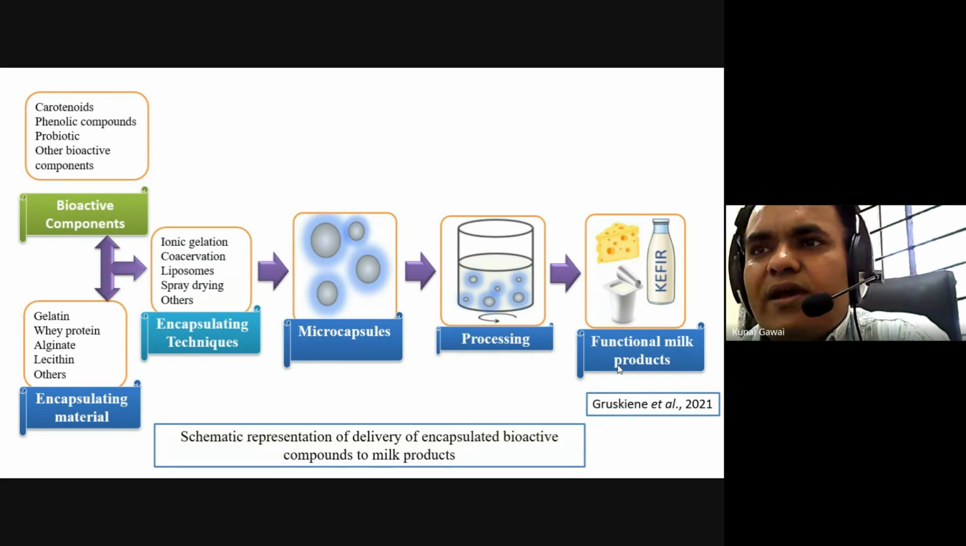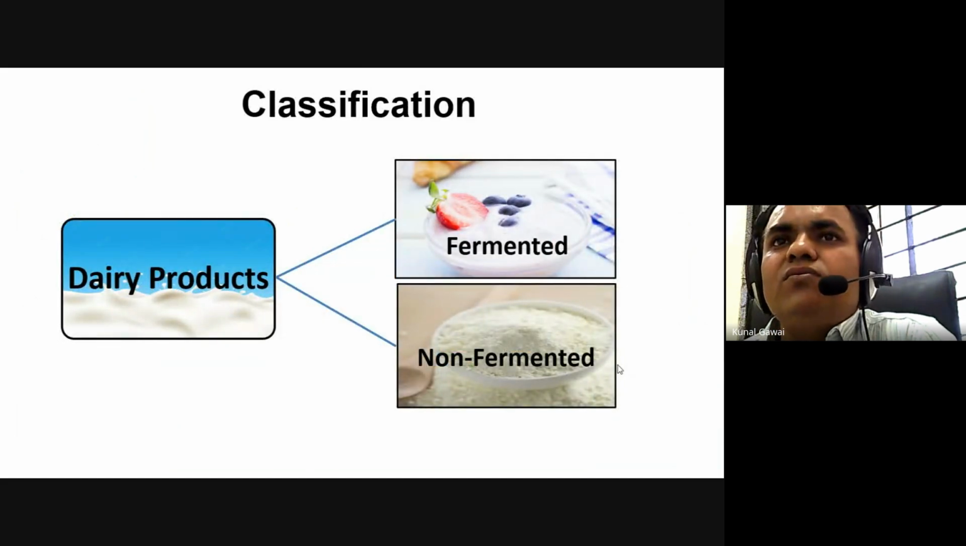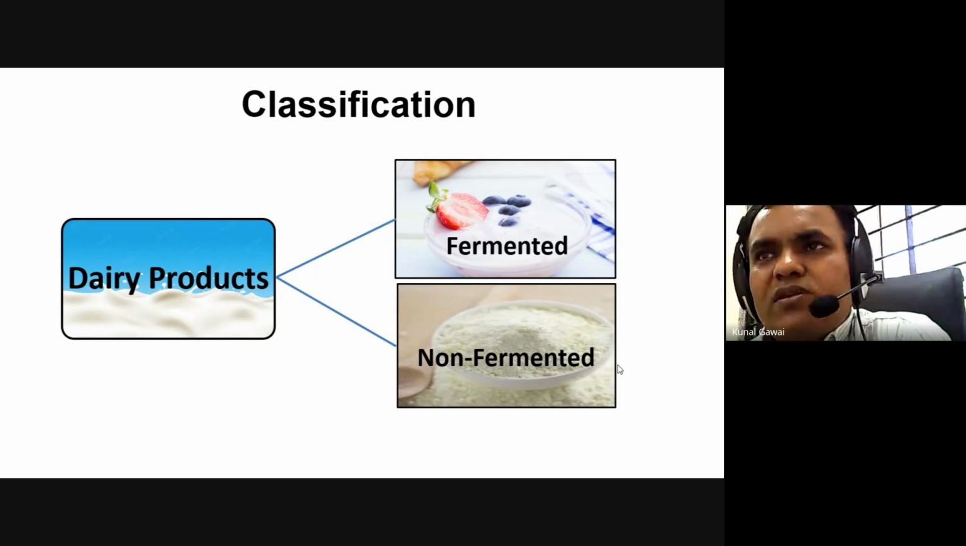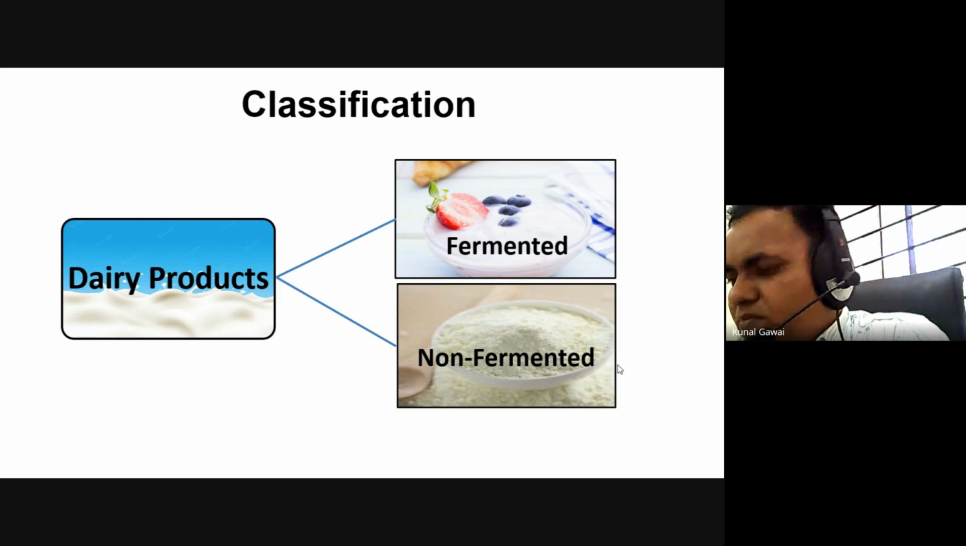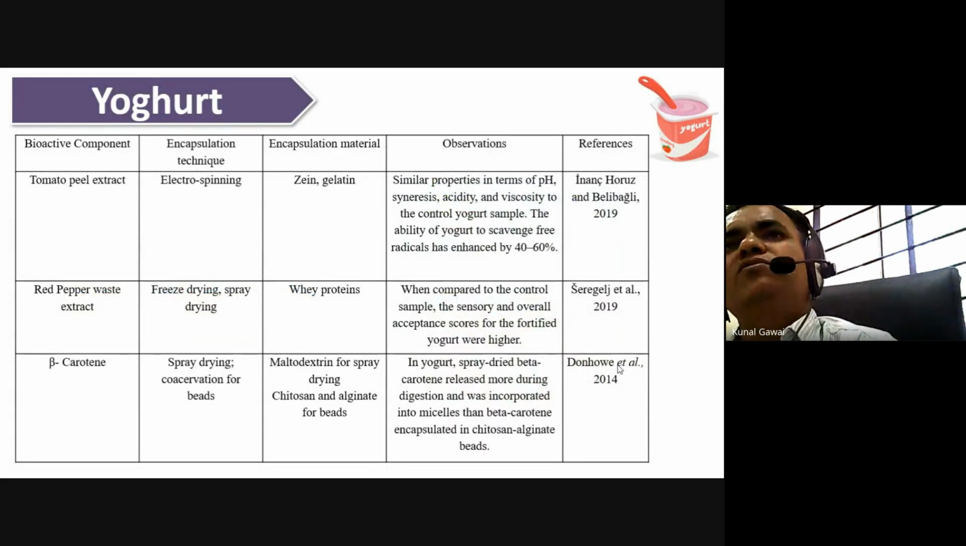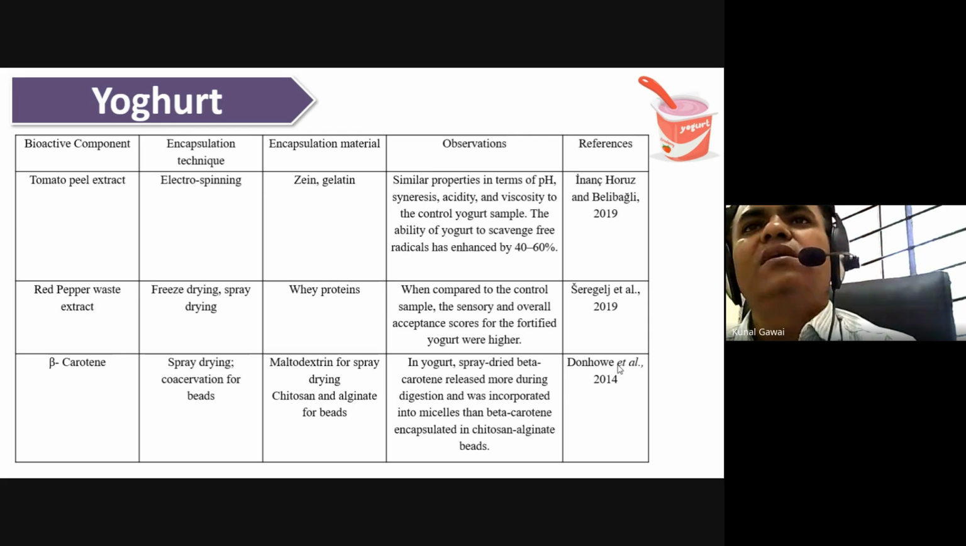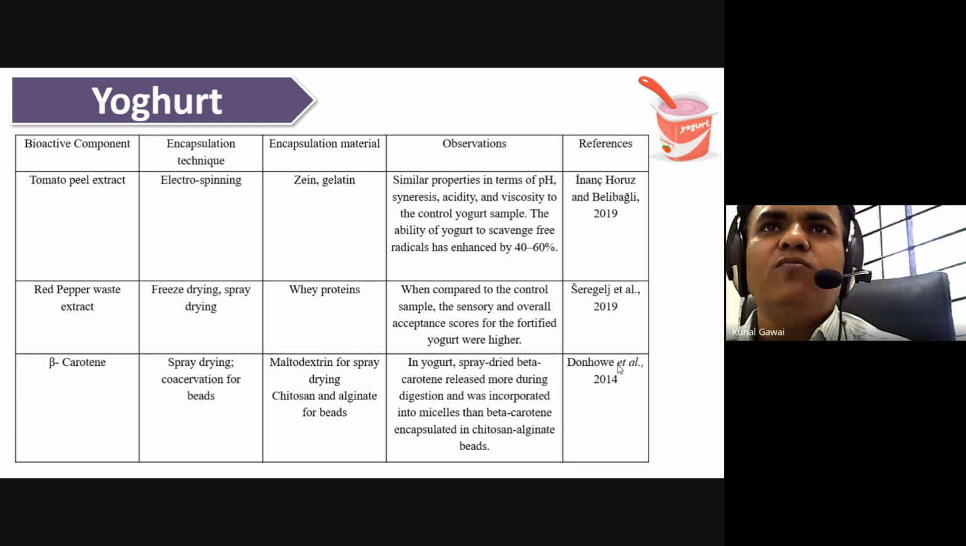And finally, we usually add these in functional dairy product preparation. We can classify this into two categories: microencapsulation addition in fermented products or in non-fermented products. A number of studies have been done regarding the addition of different bioactive components like tomato peel extract,